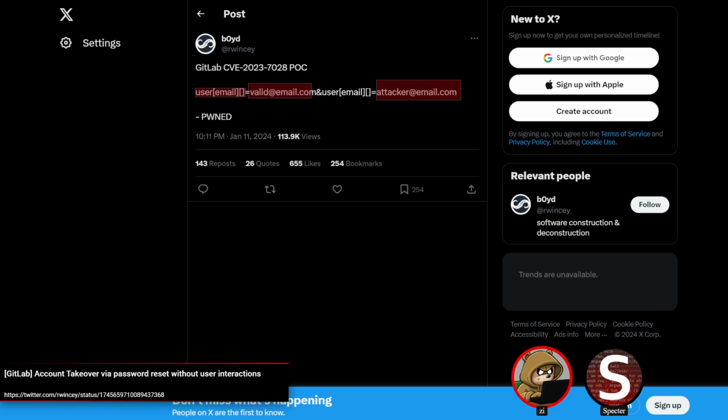It is the sort of bug that other applications have similar issues with. I'm okay with talking about it on the podcast. I mentioned how GitLab doesn't usually disclose the issues for like 30 days or whatever afterwards. However, as you can see, there's a tweet here with the POC. So I don't feel like I'm really ruining anything by walking through some of the code here.